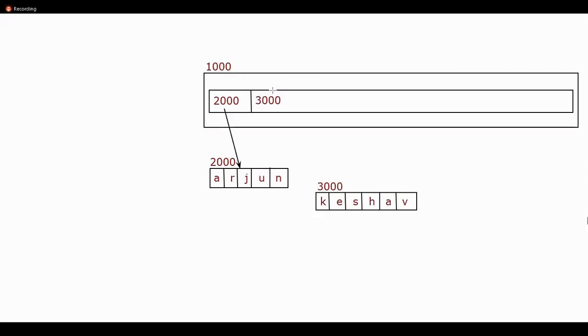It is not some random integer value that you're trying to store here. In fact, in Python even integers happen to be objects. In other words, this 3000 happens to be an address, because of which, from this location it will immediately start referring to a string called Keshav. Any confusion so far?